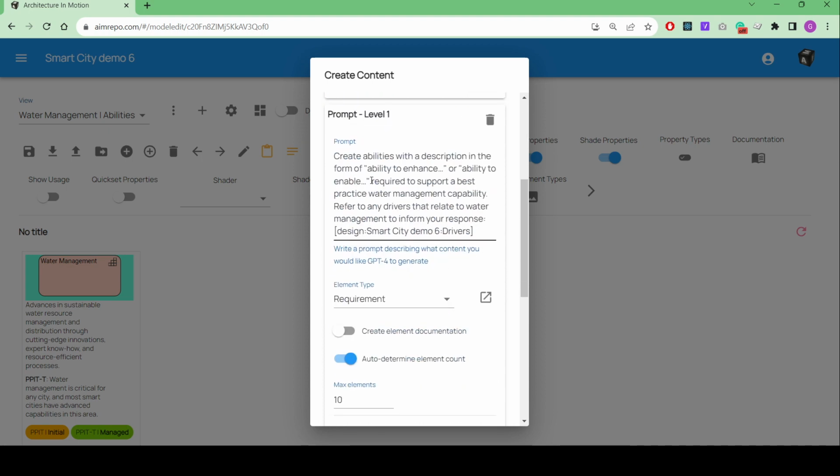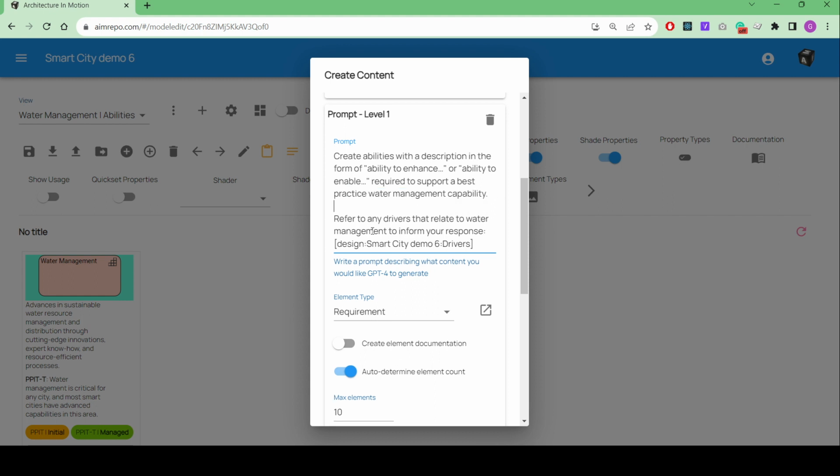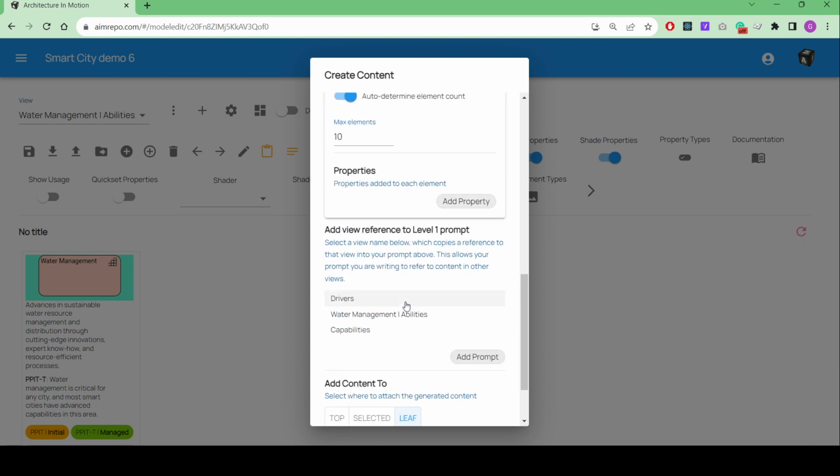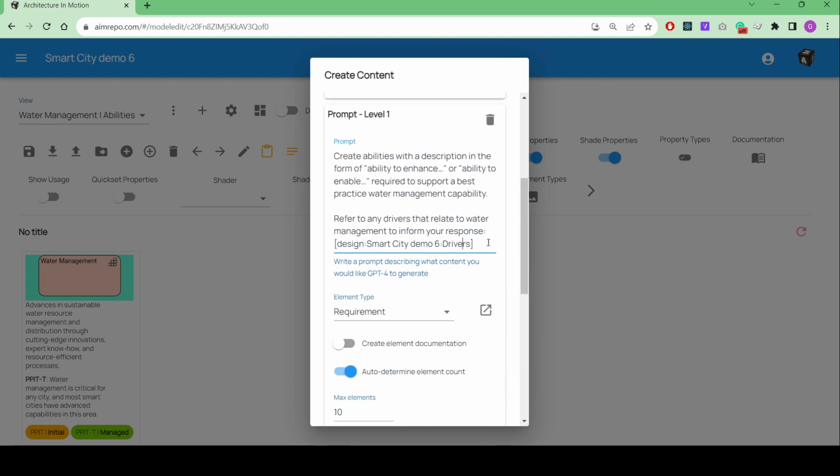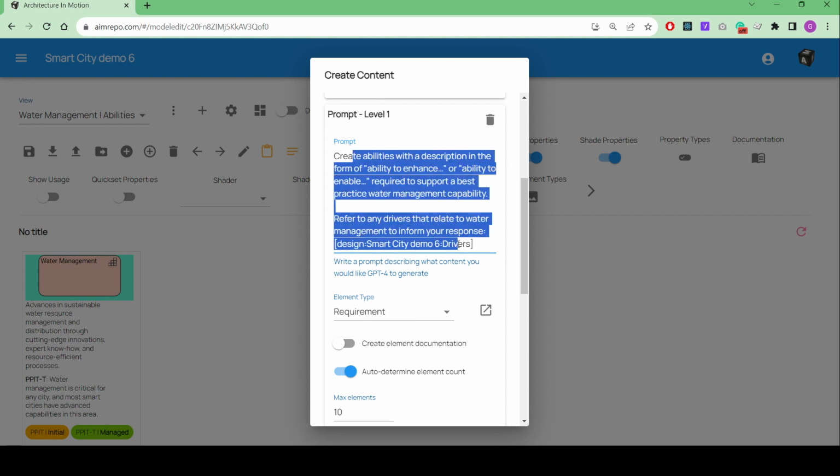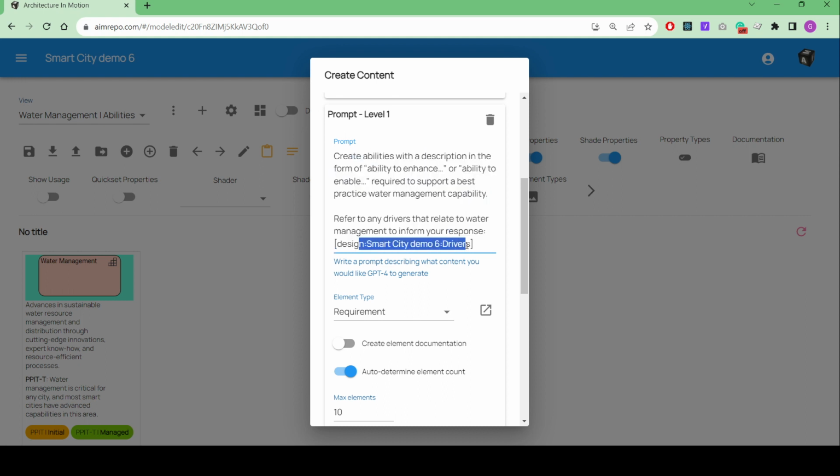So here's our prompt. Create abilities with a description in the form of ability to enhance or ability to enable, required to support a best practice water management capability. Refer to any drivers that relate to water management to inform your response. And then this is a reference that I clicked on here. This is all my views. I can click on those, which puts in a reference to that view. So when we ask OpenAI to create requirements, it'll look through the relevant drivers that might relate to